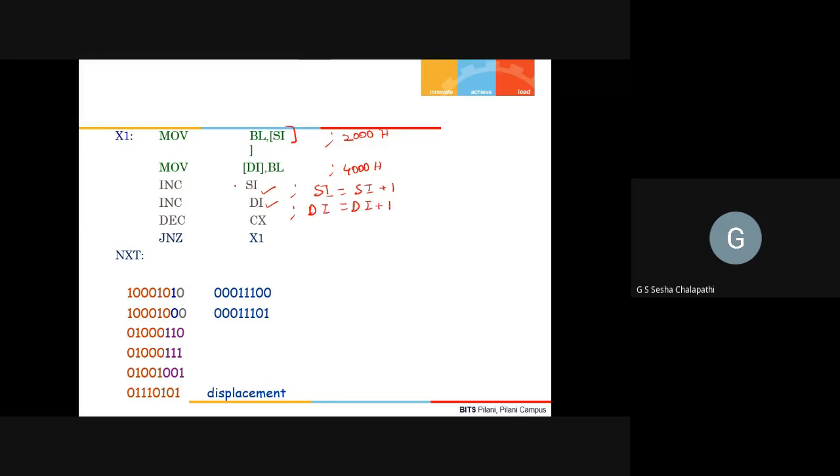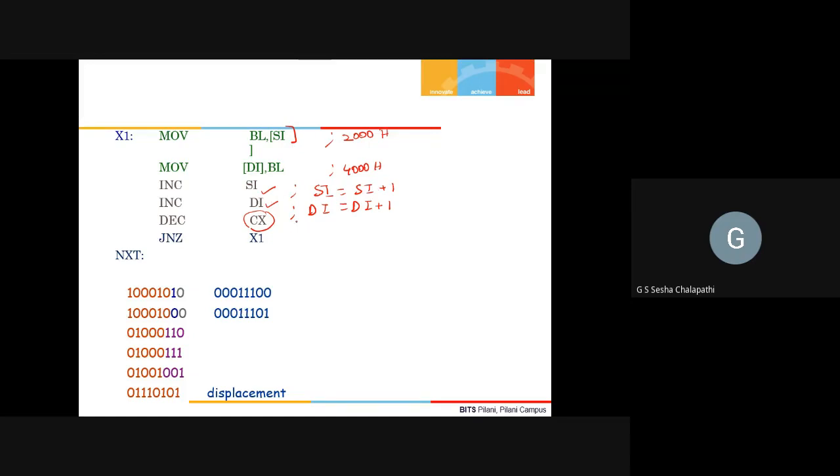Once I have done this, I have to repeat it 50 times. So I will keep CX as an index. It will keep the count for me, and I will be decrementing the count every time I perform one copy.